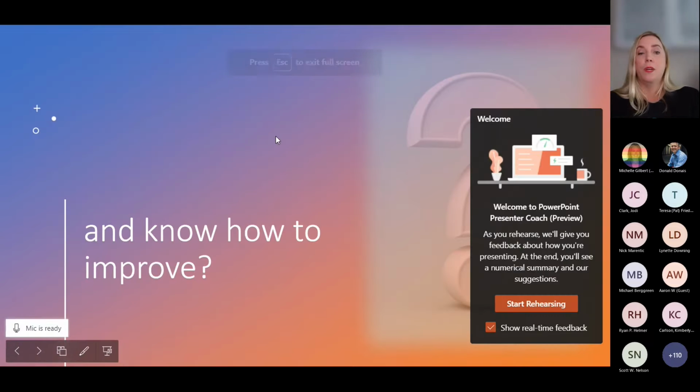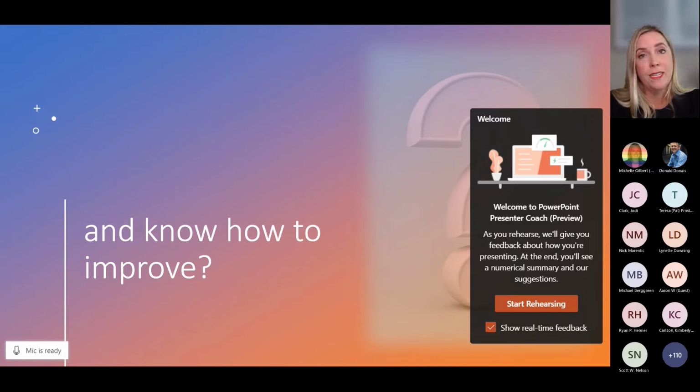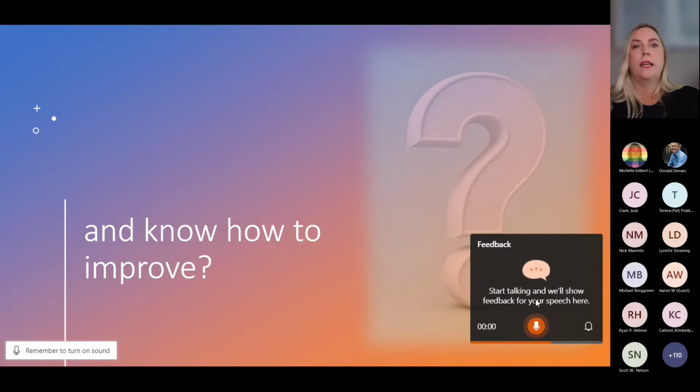All right, so we're getting started with this. You'll notice over to the right side that it's telling me what this is going to do. I'll go ahead and say start rehearsing. There's a checkbox here if I would like to get real-time feedback. You can uncheck that if you feel that that's distracting from your practicing, but I actually encourage you for the first couple times you're trying it out, leave it checked, have it give you that instant feedback, because I feel like it gives you the opportunity to improve on the fly or see what the rest of that presentation is like if you are conscious and make some of those corrections along the way. So I'm going to leave that checked, select start rehearsing.